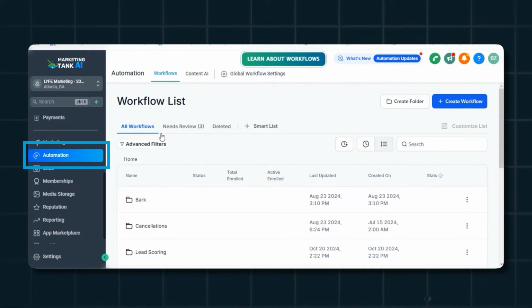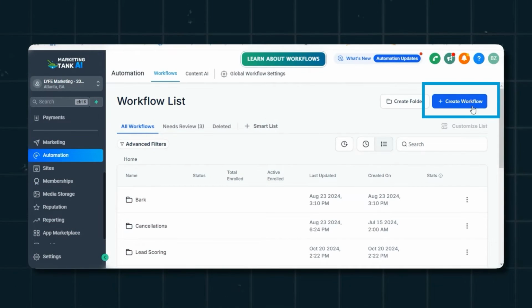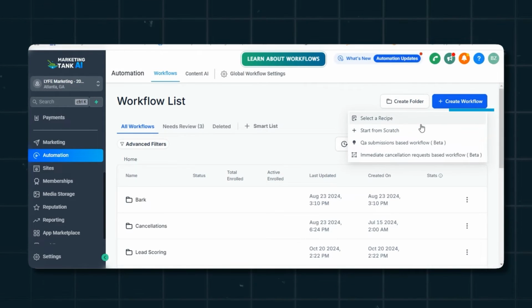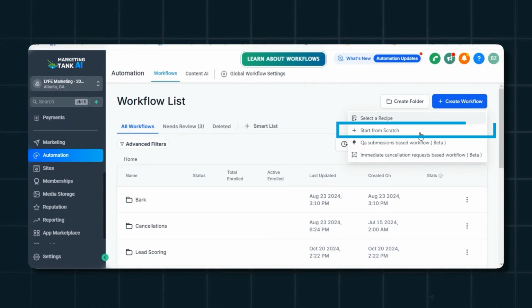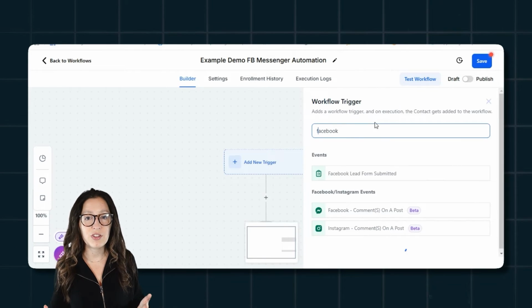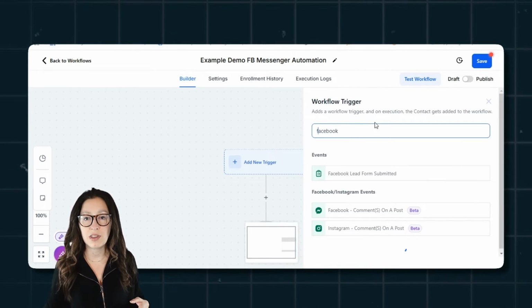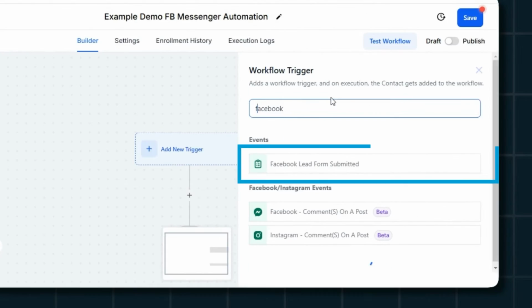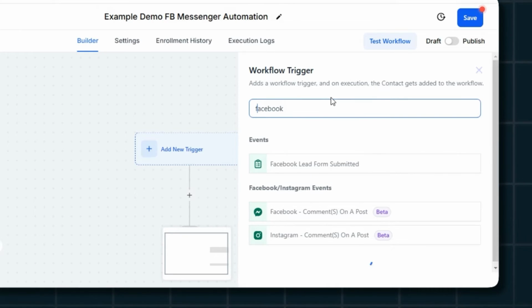Once you're logged in, you'll come down here to automation, then hit new workflow. You can either select from one of our templates or a template you've already set up, or you can do like what I'm going to do for the sake of this tutorial and start from scratch. Now, the general premise of an automation is that something happens to start the automation, called a trigger, and then you set up what you want to happen every time that trigger happens. In this case, you can either automate messages when someone fills out your Facebook lead form or when they comment on a post. I'm just going to pick one for the sake of showing you how to select a trigger,